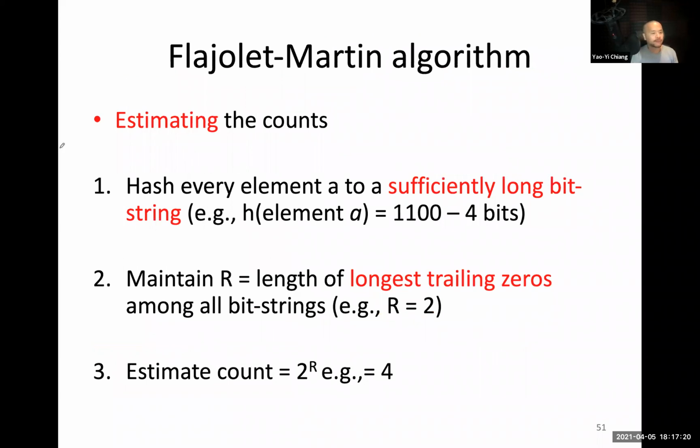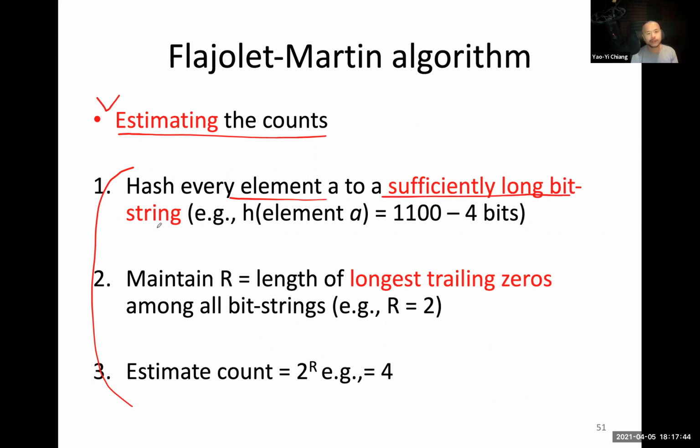Here's the algorithm, very simple. The algorithm helps us to estimate the count of unique elements that we have seen so far. It has 3 steps. The first step is when an element comes, you hash it into a sufficiently long bit